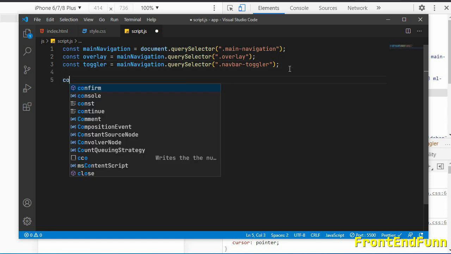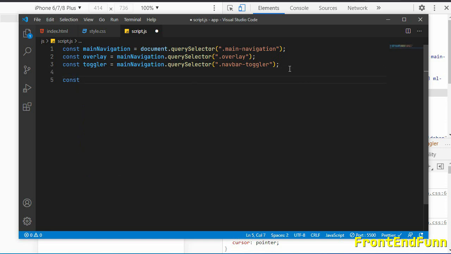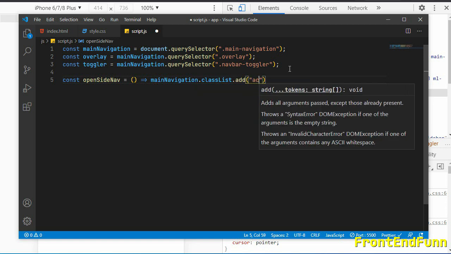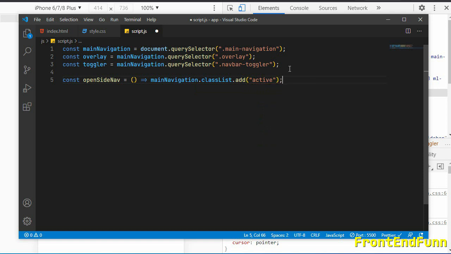So const, so I'm just creating two functions, that is open side nav, that will be an arrow function where I can target the main navigation dot classList dot add active, so I can just add an active class.